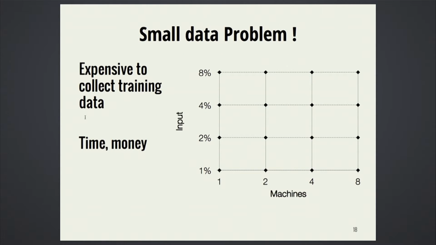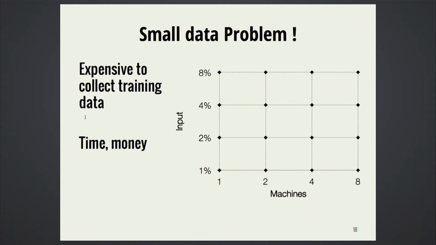So what next? Are we done? I mean, we have a model, we can train a model, and we can learn it, and it'll be all good. Well, there is still a problem, and one problem is that we need to collect some training data to build this model. And as opposed to other cases where you have a big data problem, we actually have a small data problem here, in the sense that we actually have no training data to start with, and collecting any